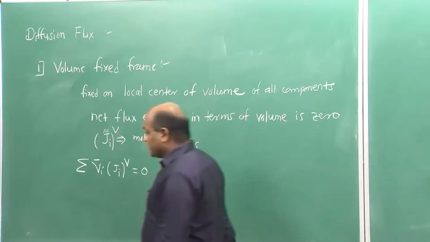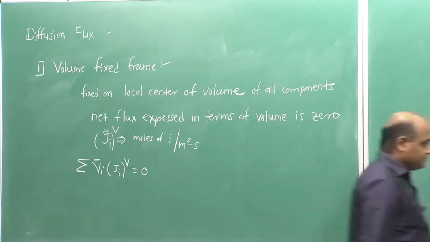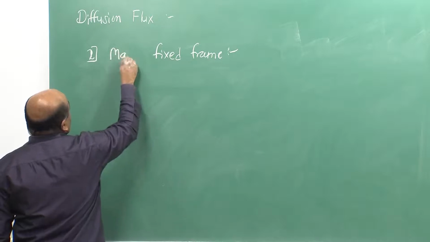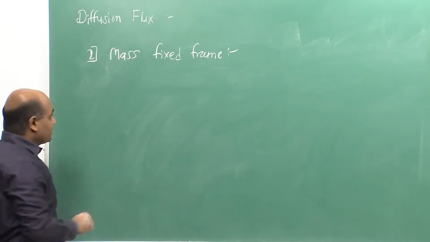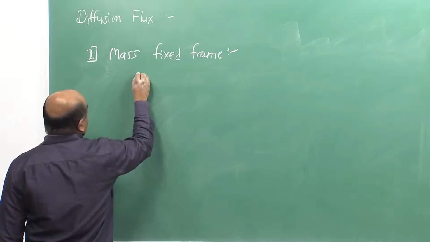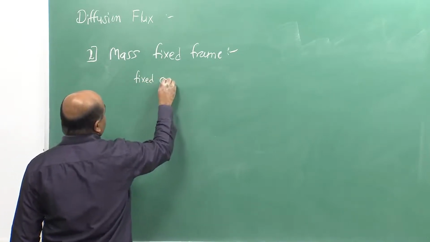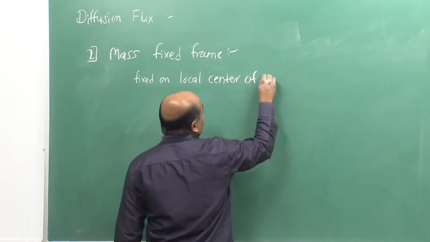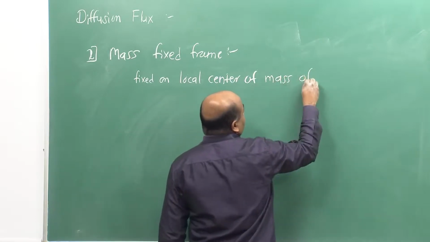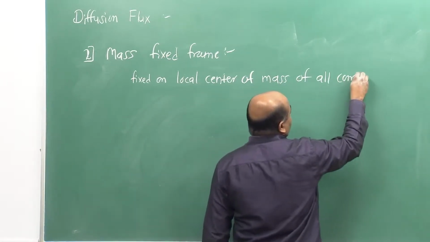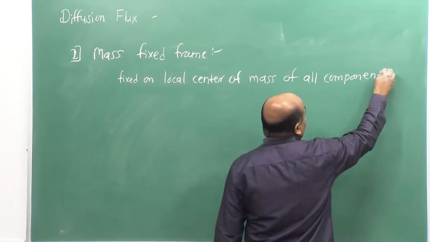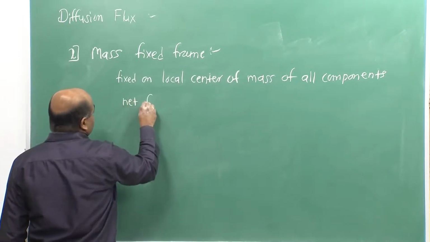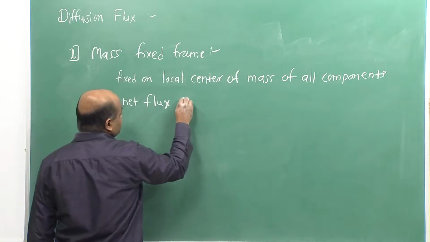Similarly, there are other frames of reference. So, the second one is mass fixed frame. Mass fixed frame is fixed on local center of mass of all components such that net flux